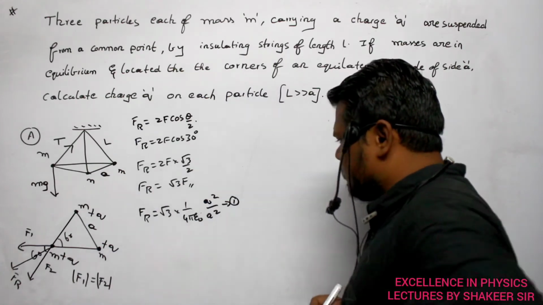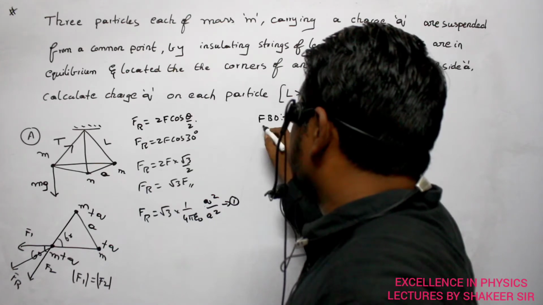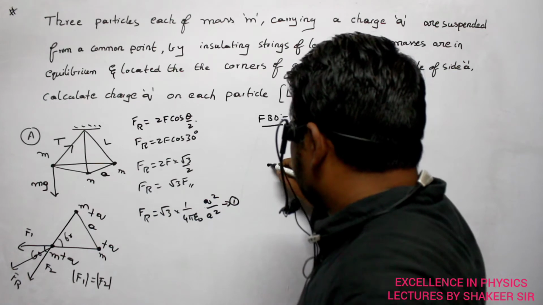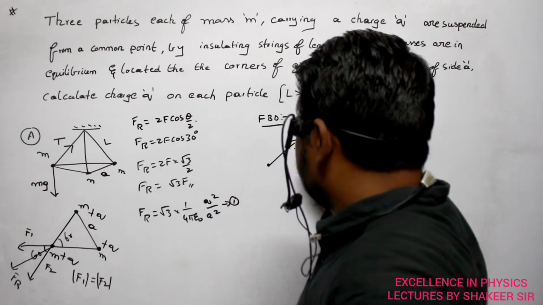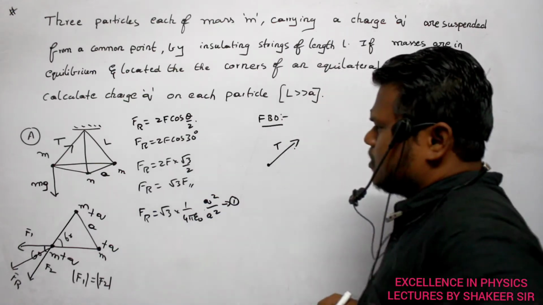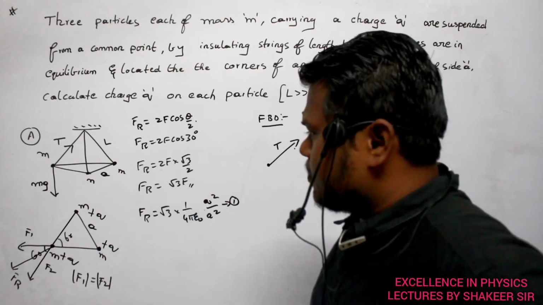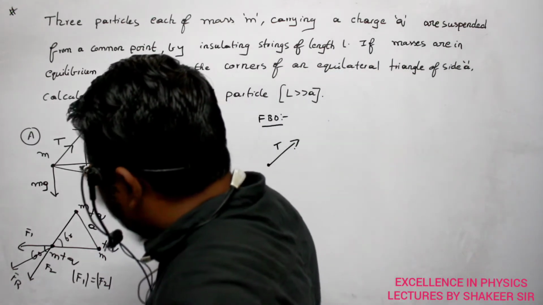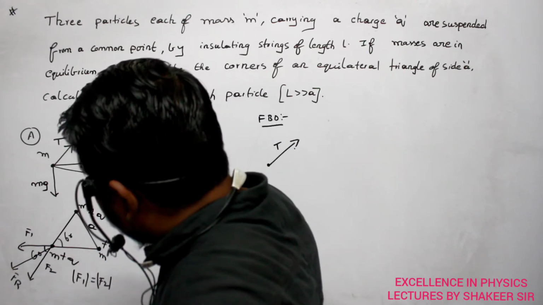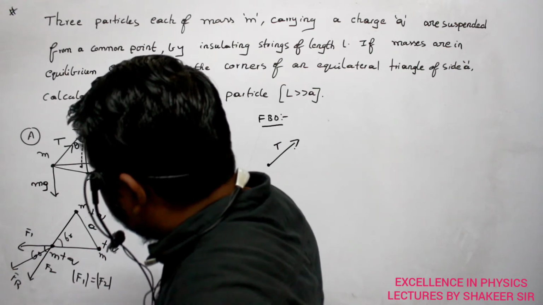So if I draw the free body diagram of this charge, how can I draw it? Can you say? So if this is the charge, tension is acting in this direction, no? So this is the direction of tension. Are you able to understand? So how much angle is it making with respect to horizontal or vertical? Let this one be the center of this triangle. Clear? So this is the center of this triangle, no? So how much angle is it making? It is making an angle of theta.